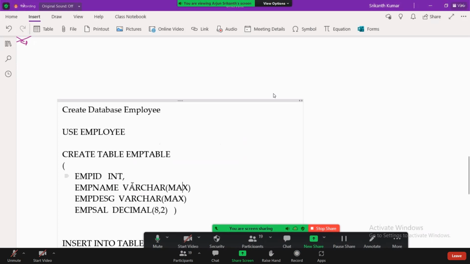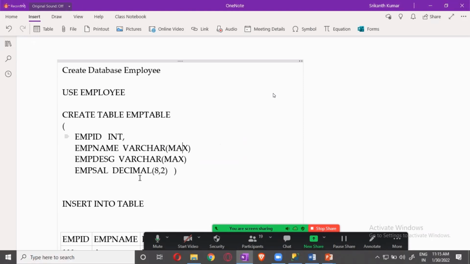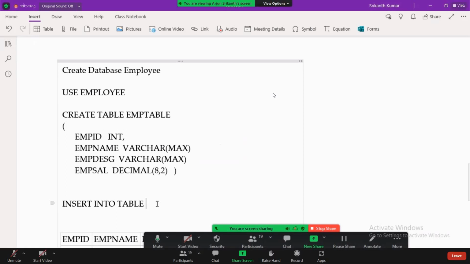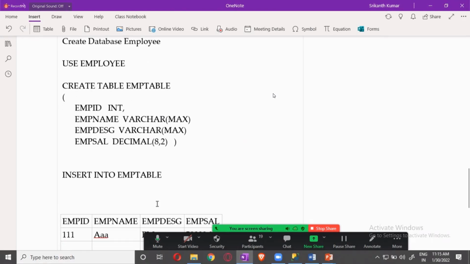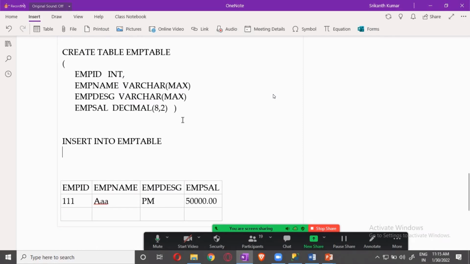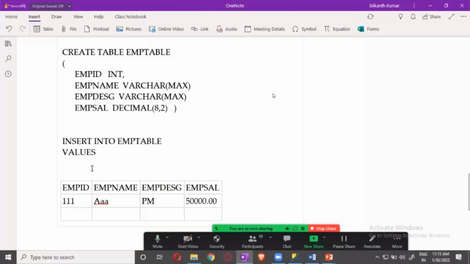Now this is the 4th generation language because you will write the code as if you are speaking in English. Now this is insert into table. Okay, what table? What is the table name over here? I will give it EMP table. Insert into EMP. Now what do you want to insert here? They are called values. Insert into the table values, and you will be giving it